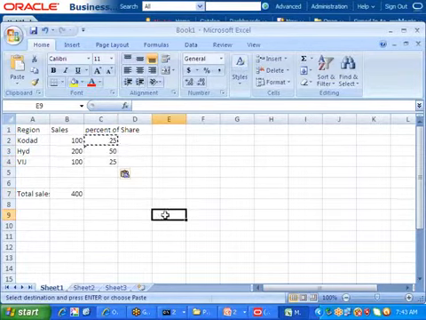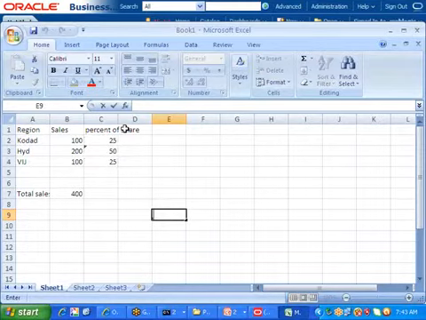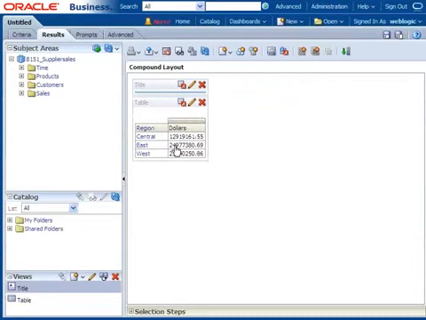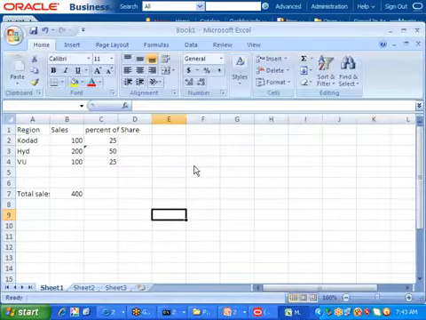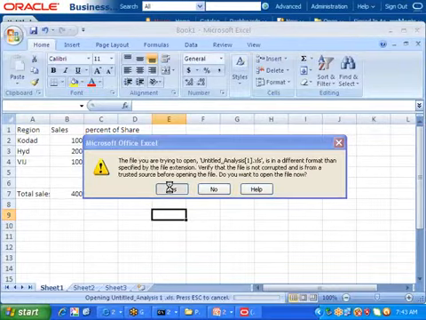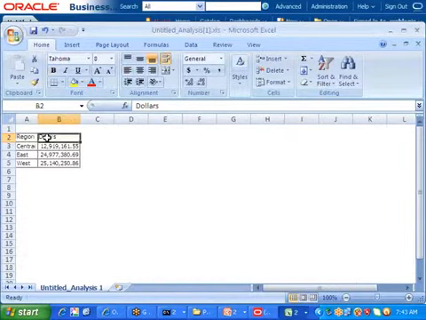Okay, 25. Now, similar to this one, how we calculate here, why can't you calculate this? Let us say I am exporting this into Excel. Open. It's opening. Click Save. Then I got here two columns, region column and dealers column. Why can't you create one more column that is called share?